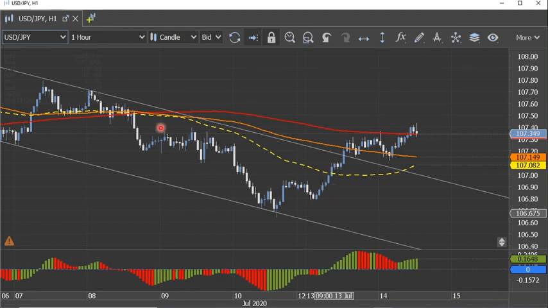And if we consider the price action, this channel which had formed because of the downward momentum has also given way, and in yesterday's session we saw a break on the upside, because of which we have this break above the downward channel, and here the USD JPY is hovering close to the 200 SMA, which is around 107.3. So here, as long as the price action is holding above this 100 SMA zone, which is around 107.1, I would say that USD JPY is looking promising enough for us to get involved in a long trade